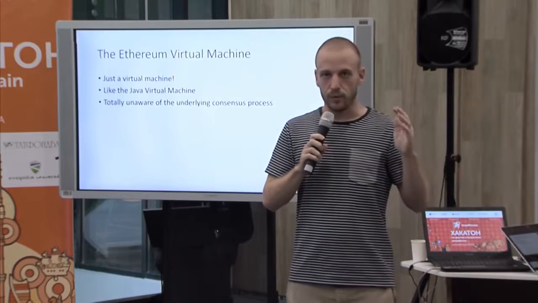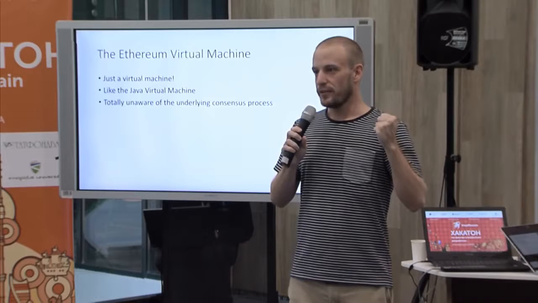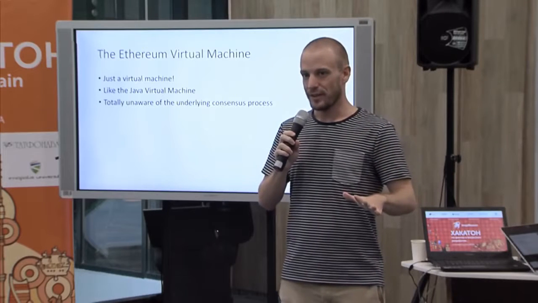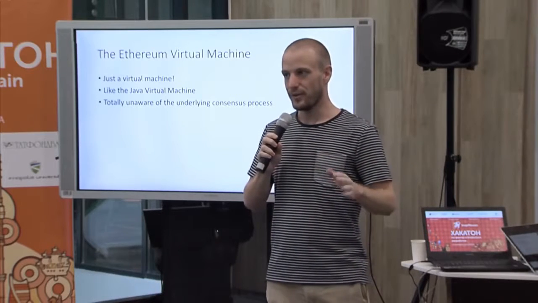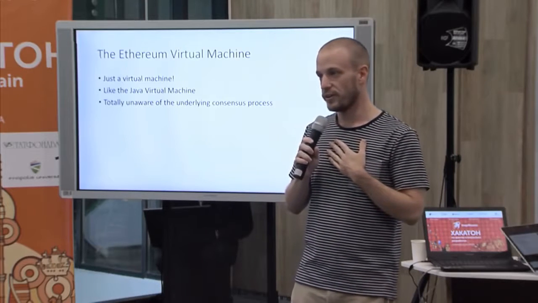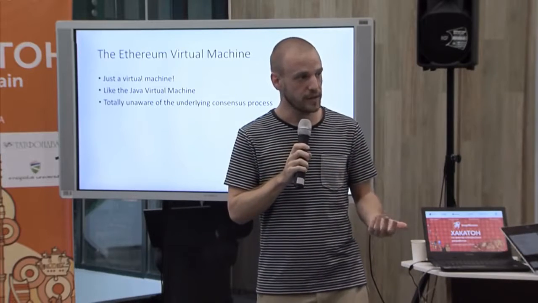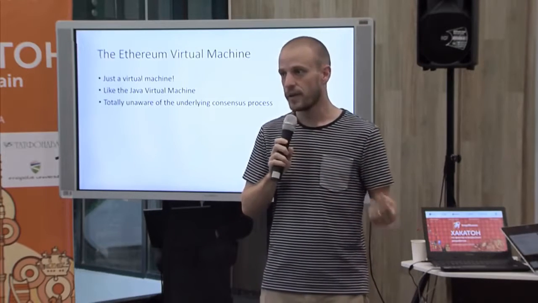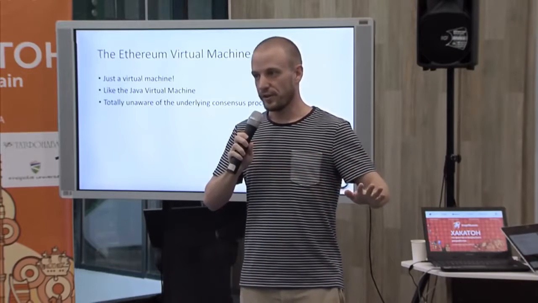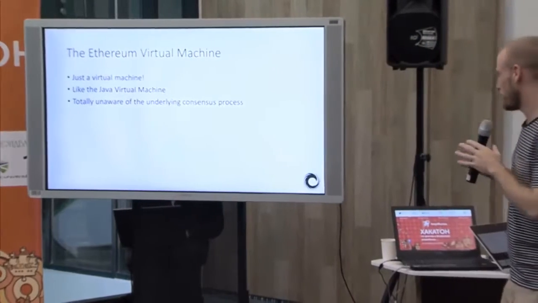The reason it would be so difficult to write applications for blockchains is if you had to be thinking about the underlying consensus process. Like I said earlier, you don't. You get to trust as a developer that legitimate changes you write to the blockchain are going to stay there, and nobody else is going to be able to overwrite them unless they have legitimate access to do that. So you don't have to think about the underlying consensus process. There are things you do have to think about, but not that.